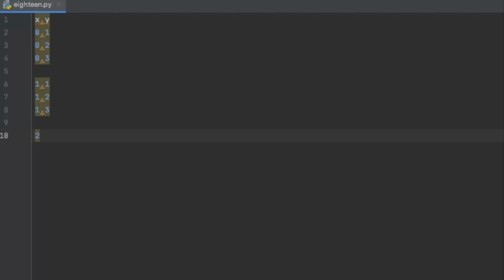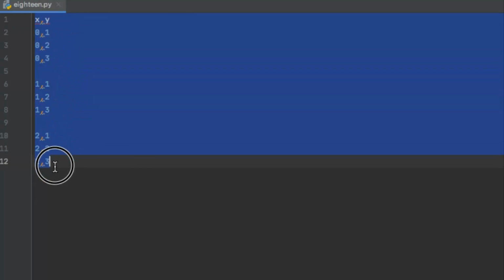So it would be 2 comma 1, and then 2 comma 2, and then 2 comma 3, and so on. So you can go on and on generating as many values of x and y coordinates as you want. So this can very easily be achieved with the help of nested loops.